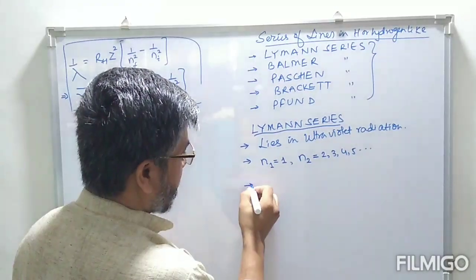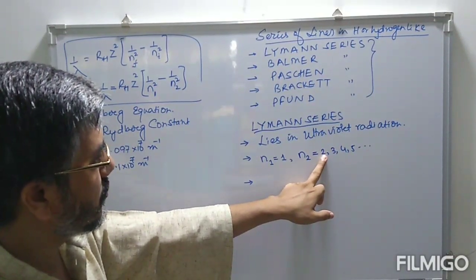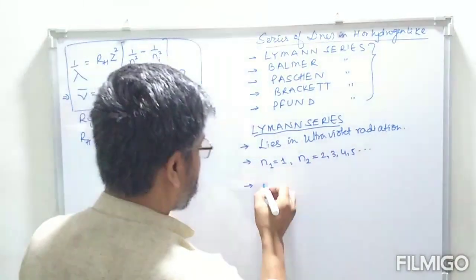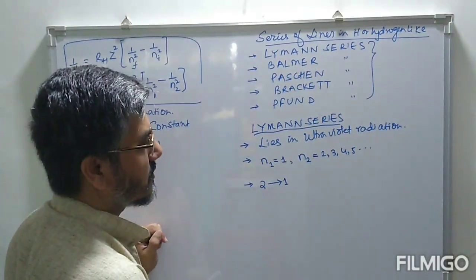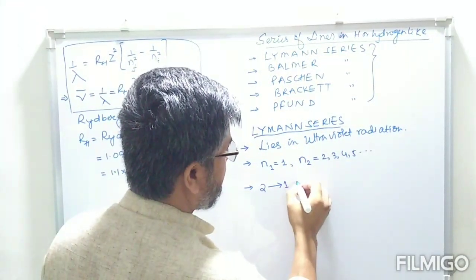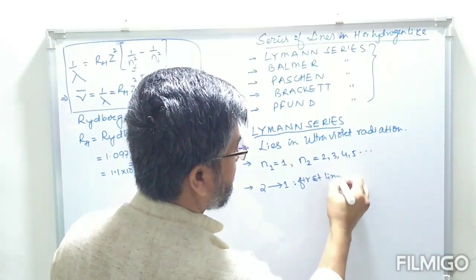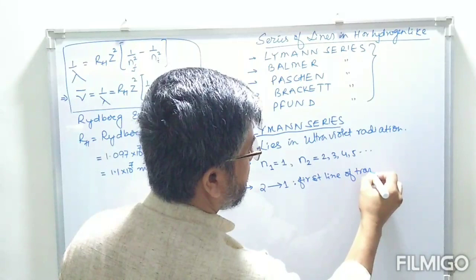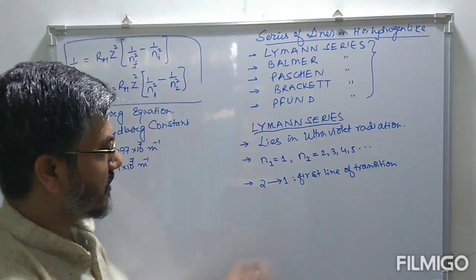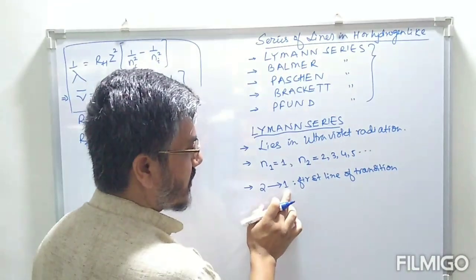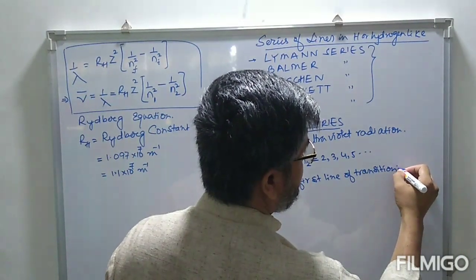Now, if electron is coming from 2 to 1, then this is known as the first line of transition. So if you look at this, if electron is coming from 2 to 1, that is known as the first line of transition. This first line of transition is also known as